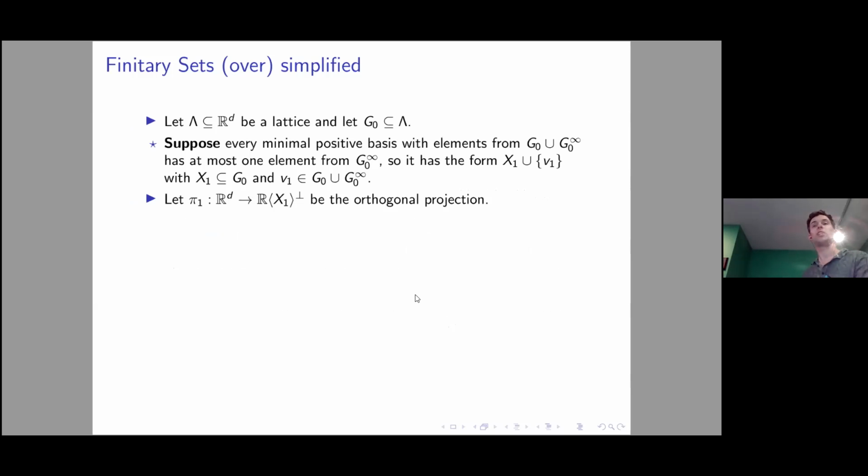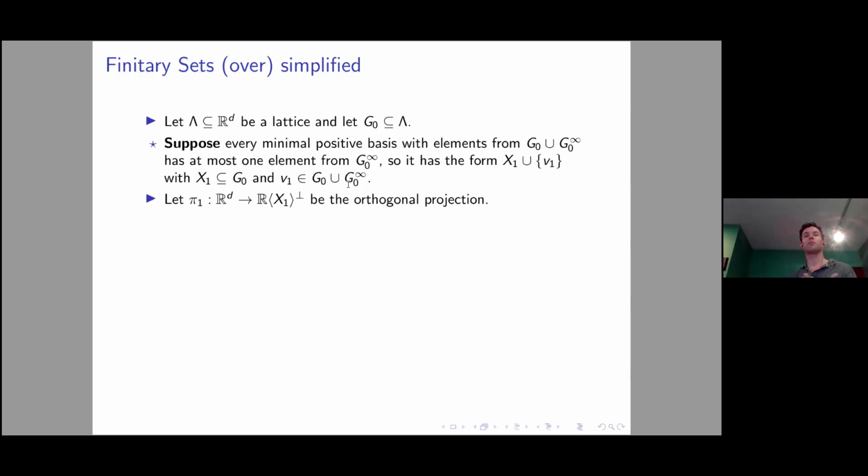So let's say we have our subset G0 of lattice points. We have a subset of lattice points G0 inside this lattice. And let's look at this star condition. So we look at the set G0, and now we complete the set by adding to it all those radial infinite directions. So all those limits of points tending off to infinity as they radially approach something on the unit sphere. Let's just add those into the set to complete the set a bit more.